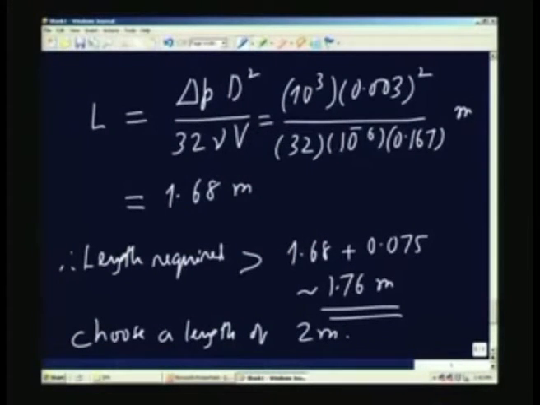This pressure drop must be available through the head available from the overhead tank. So, that is how you fix up the location of the constant head tank. The constant head tank must be at a certain level such that the total head required for the flow to be maintained through the apparatus is equal to or slightly greater than that, because there will be other extra pressure drops through the tubes which are going to come into the picture. So, you have to allow for that and find out what is the pressure drop required.